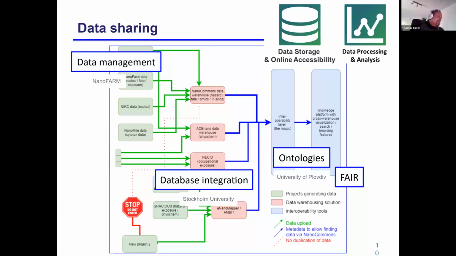But the different areas, from really storing your data, preparing your data so that it can be stored, then the database integration, which we worked on, for example, with eNanoMapper together, so that these data are not islands, but come together. And for all that, we want to have these ontologies to describe the data, and then everything should be FAIR. And in all these areas we had already very successful